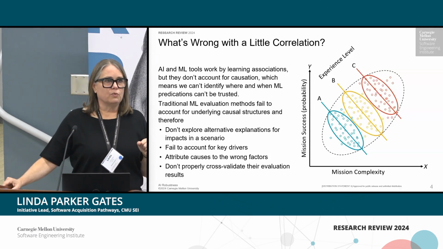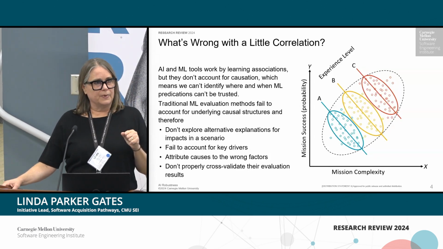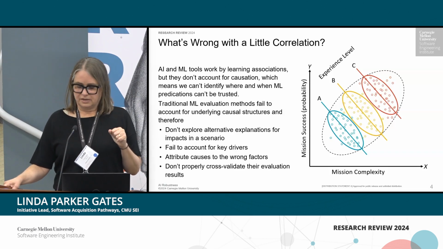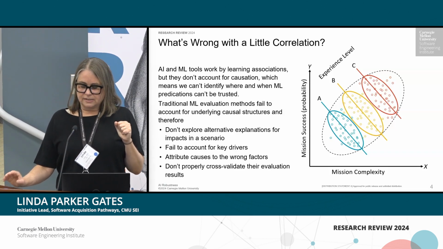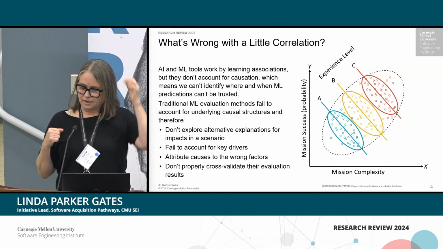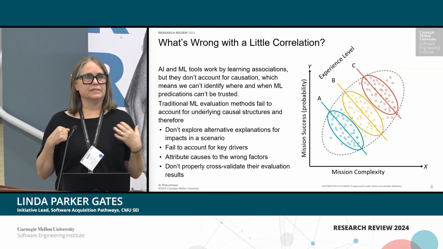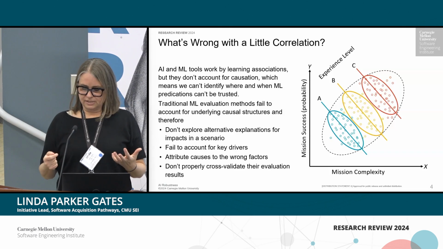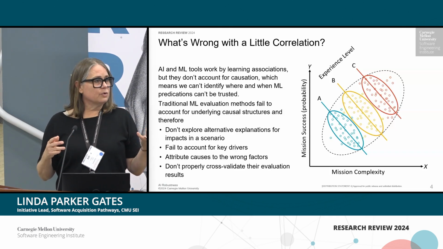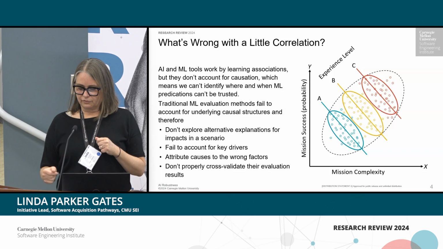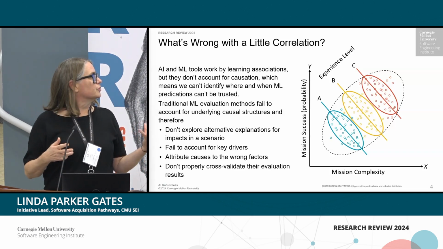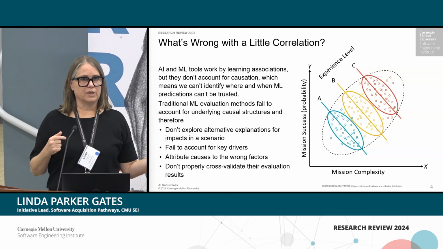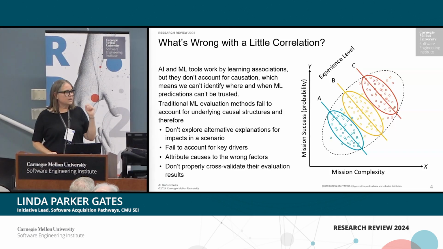The SEI's body of work in causal learning is probably close to a decade old, and has led us to a fairly sophisticated solution for examining AI robustness that uses some state-of-the-art algorithms in causal discovery and causal inference, and teases out causal structure and gets us away from solely relying on correlation. So Nick is going to introduce a scenario, and he's going to talk through our methodology and give you an example. And then I'll be back.